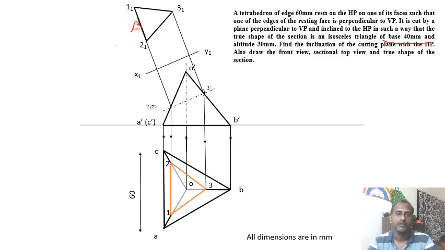Similarly, the altitude of this final true shape will be of length 30 mm. That is, the altitude, if you drop a perpendicular from 3 to the base edge 1 suffix 1, 2 suffix 1, should measure 30. It will measure 30 because that is how we have placed point 3 suffix 1, by making sure that this measures 30. So this will get reflected here as well. Okay, that is the procedure. Now you got the final true shape, which will be an isosceles triangle as given in the question, with a base edge length of 40 mm and altitude of 30 mm.